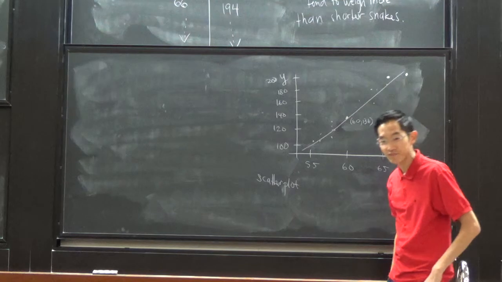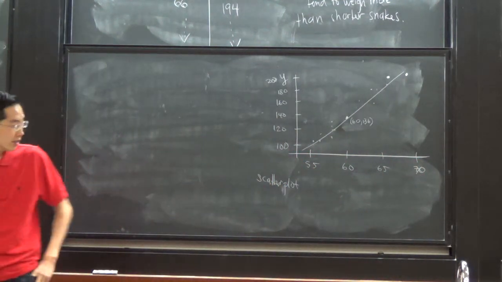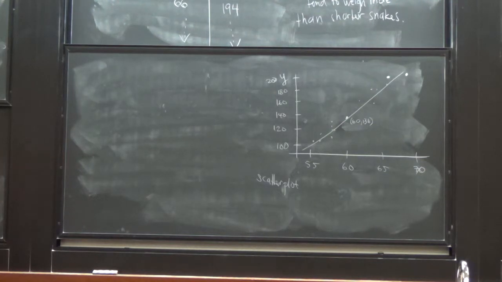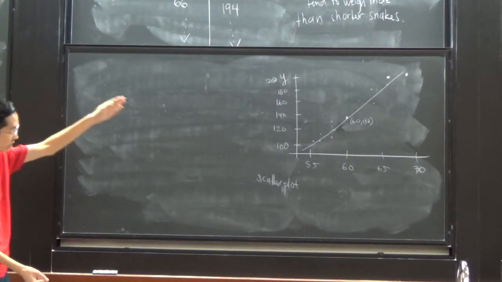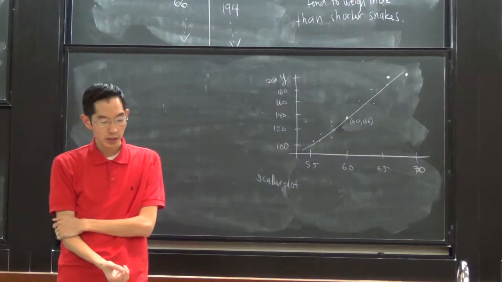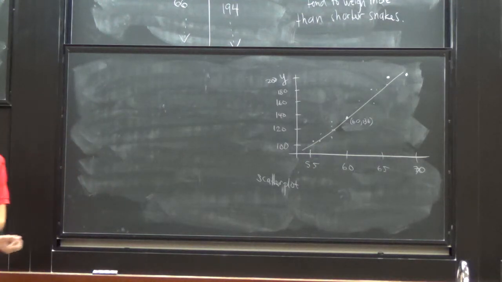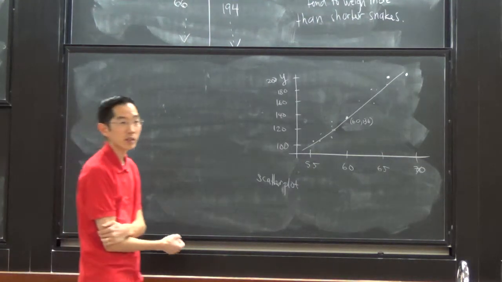Something like that. But a scatter plot is just plotting each point as a coordinate pair on there, okay? And it's very important that we make a scatter plot, okay? Because